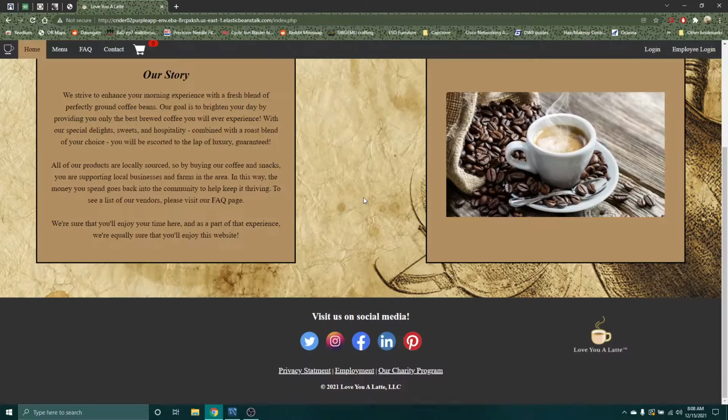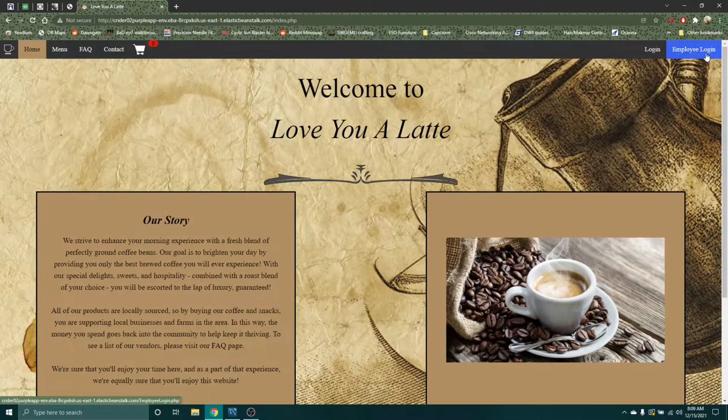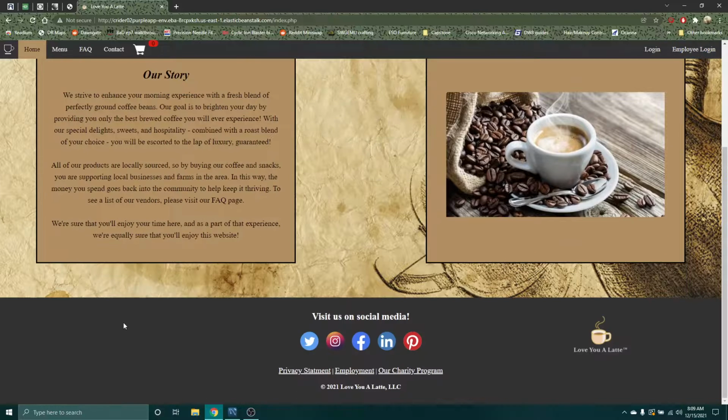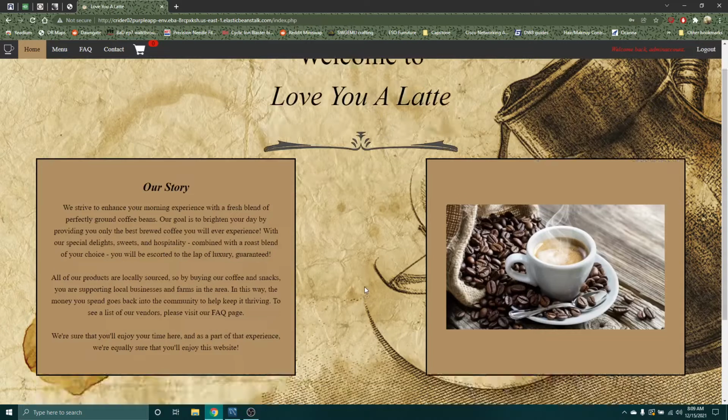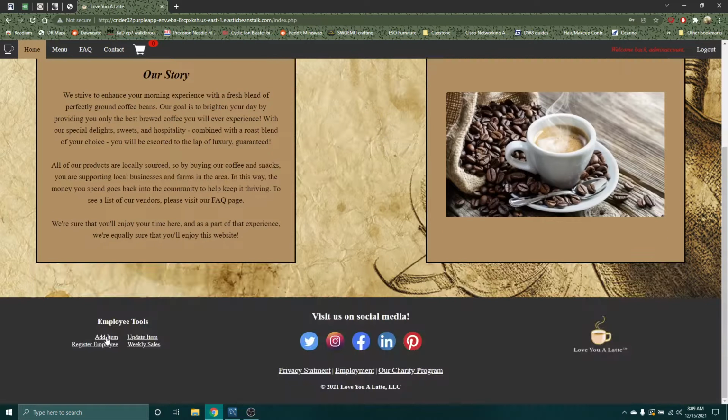Now one of the things that I wanted to highlight is this empty space right here. Some of you may have noticed that earlier. This is for a reason. A regular customer or a regular guest should not be able to see the things that are here. Those are employee tools. So obviously those are going to be pages that use employee credentials to get there,